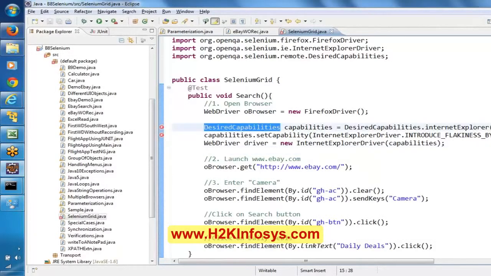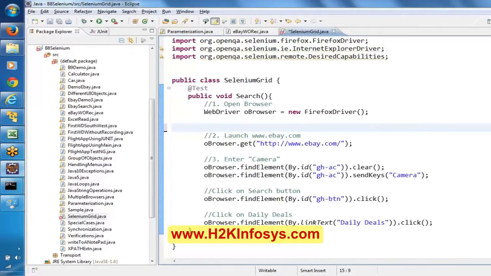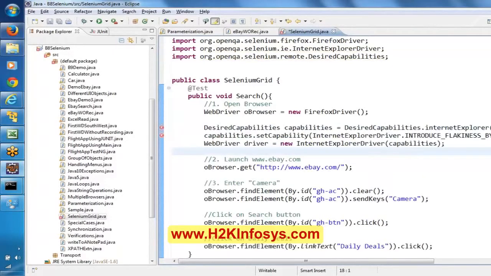So, basically, this is the desired capabilities. Here, by using this, we are creating the instance for the Internet Explorer, and then we are configuring it, set capability. Okay. So, not only this, there are so many other options for each browser level. For Internet Explorer, we have some set of options. For Firefox, we have some set of options. For Chrome, we have some set of options. Basically, if you really want to look into those options, and if you come across any situation like that, you can go for this desired capabilities source location. I will show where we can find this.